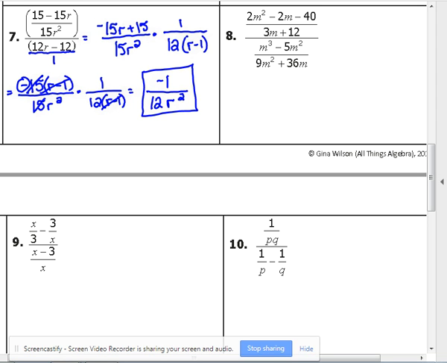Okay, number 8 I wanted to look at just because there's a lot of factoring that needs to be done on number 8. So I'm going to go ahead and take out the GCFs in this first step right here. So we can take a 2 out of that first one. That leaves us with m squared minus m minus 20, and I'm going to run out of room. Over, we can take out a 3 in that first denominator, m plus 4,